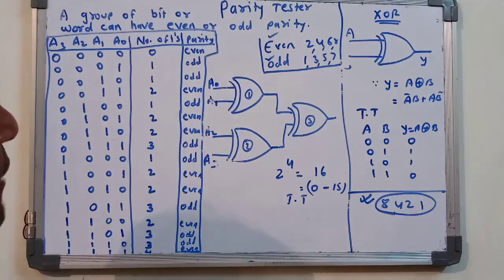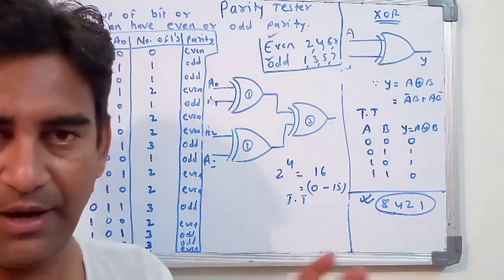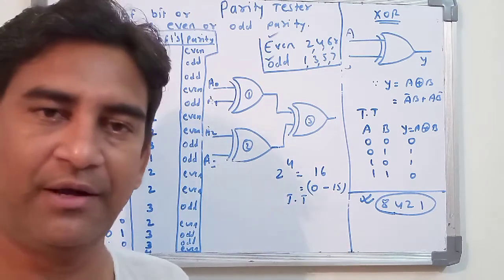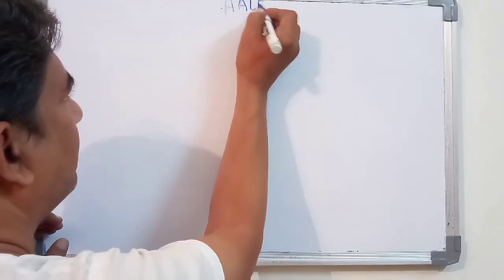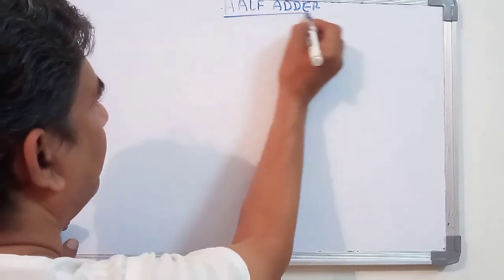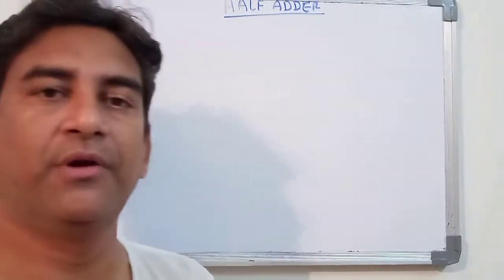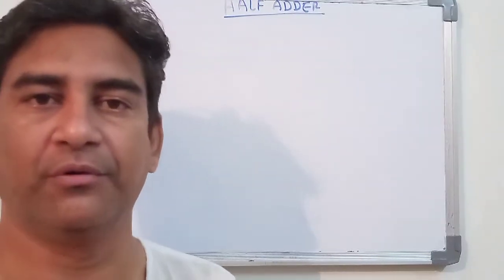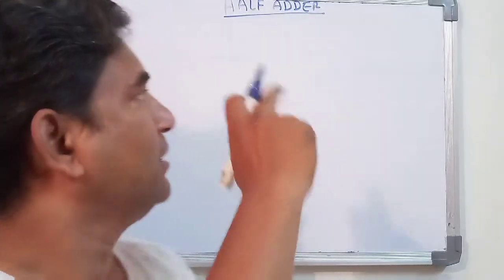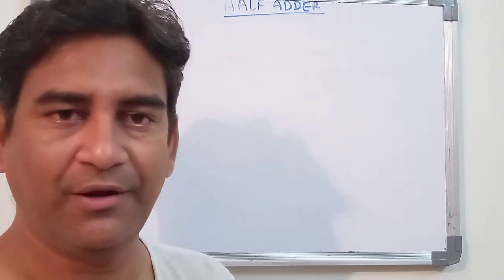Okay students, now we will conclude and move to the next part. The next part, according to the text, is the adder. That adder we have to study. It is a half adder. The half adder is nothing but when you are going to add 2-bit values. The 2-bit numbers are going to be added, and we will see how this adder is going to work.